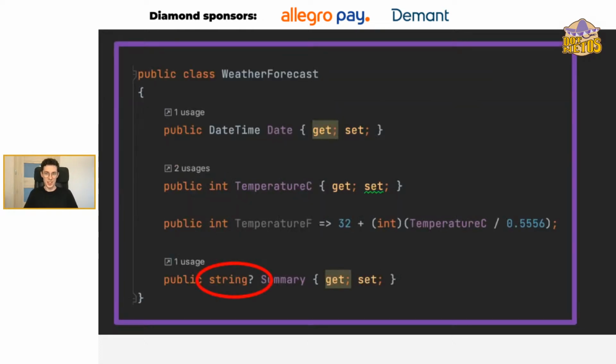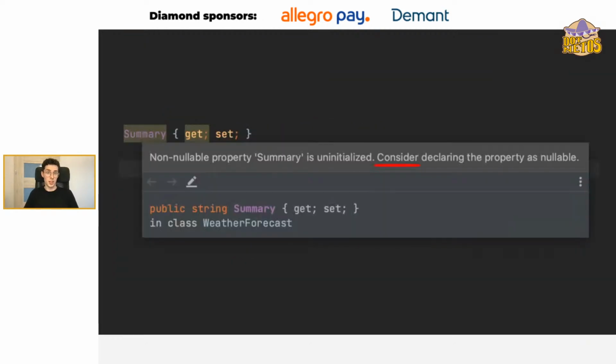You might wonder why they just didn't make a non-nullable summary, which means that we would basically remove the question mark from here. It's because they would be liars, because the non-nullable property Summary is uninitialized, so the compiler suggests declaring the property as nullable. And I know that's brutal, but this is how it is.